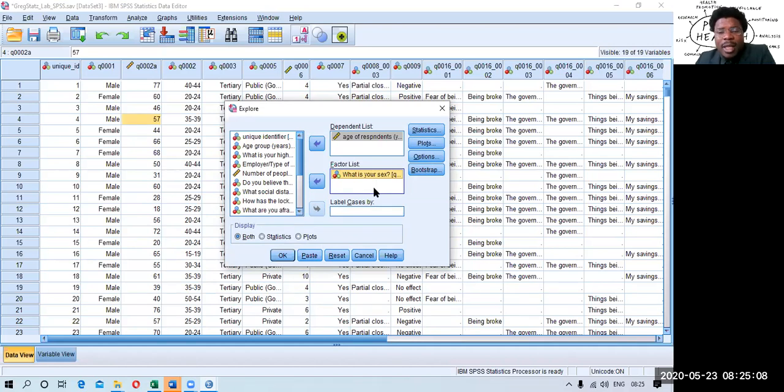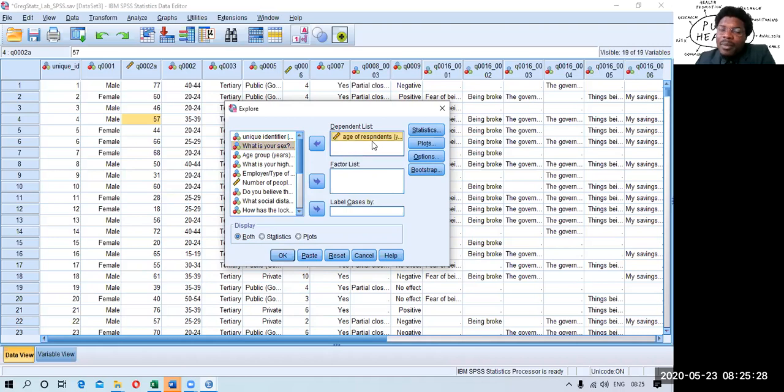I don't think it does that. You may need to click on another option, not Explore. This is just to explore your data, see how your data presents, what the things there are, and so on. So since we're not interested in by sex, we take it out